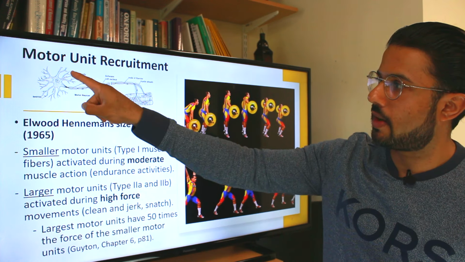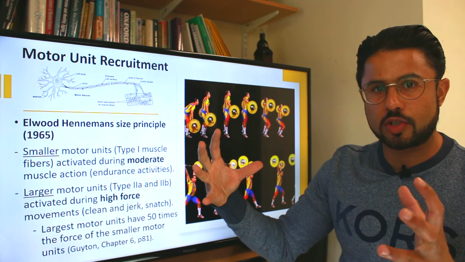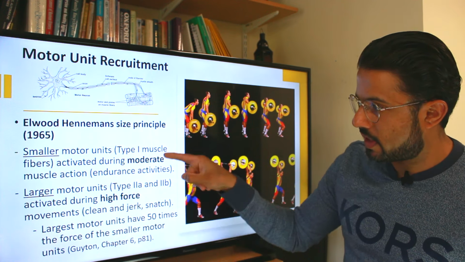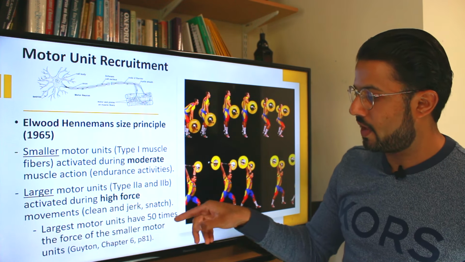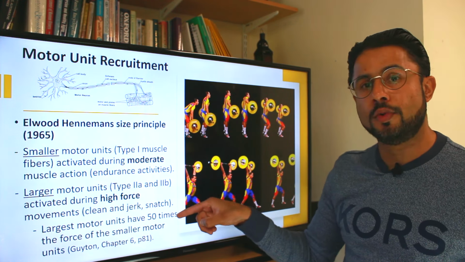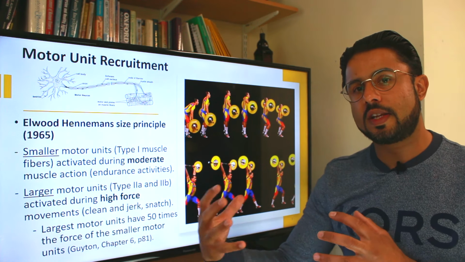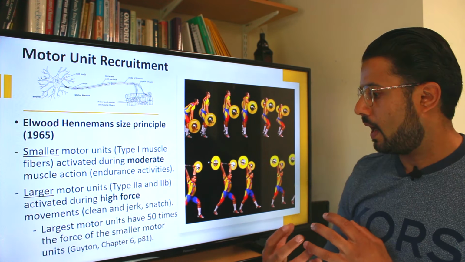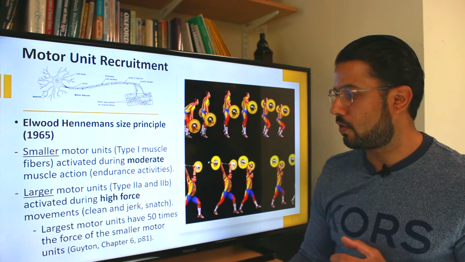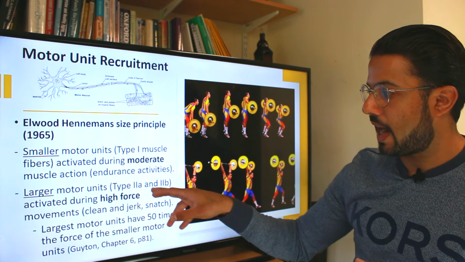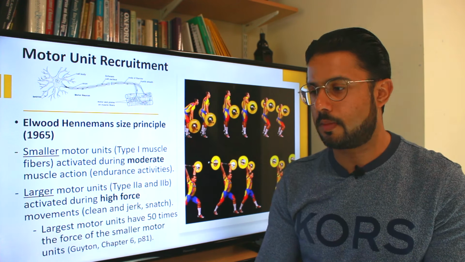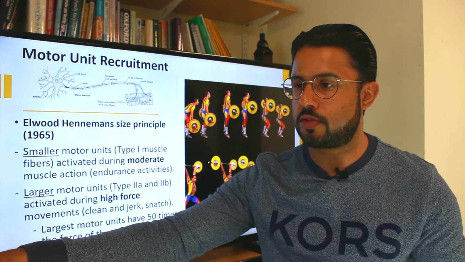Those type 2 motor units are going to have a larger cell body. Okay, this part's going to be much larger, and obviously the electrical signal will then go to those type 2 fibers. Now, in terms of the difference, research has shown that the motor units that serve the type 2 fibers, the larger motor units, have a 50 times difference in force output relative to the smaller motor units. Okay, so there's such a big difference here. So what we really want to do in training is to start activating these type 2 fibers so that we're also able to use them during sporting performance.